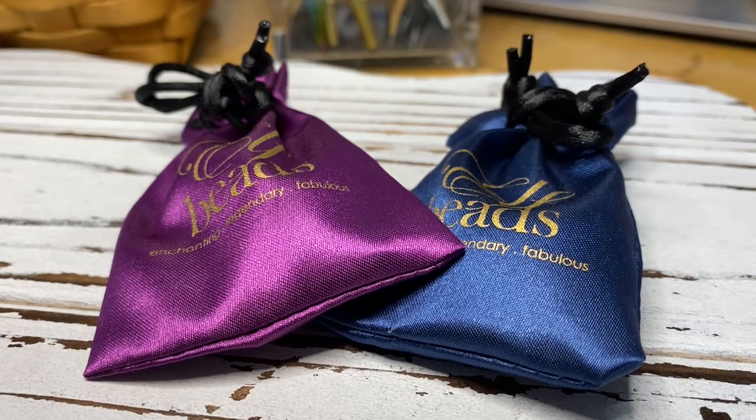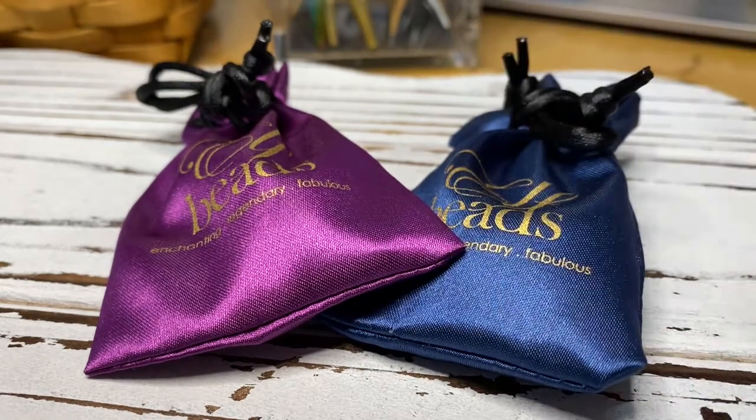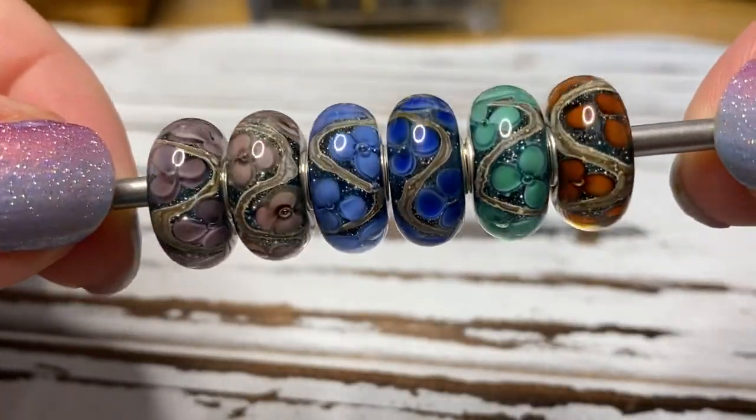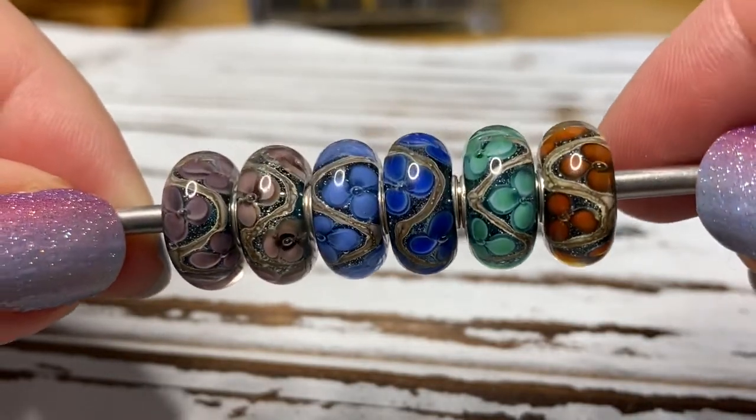I'm going to share with you all of the glass beads from the Late Summer Breeze collection. So hope you enjoy. I'm going to go ahead and set these aside, and we're going to get right into it. The first set of beads that I want to go over in detail with you are all of these